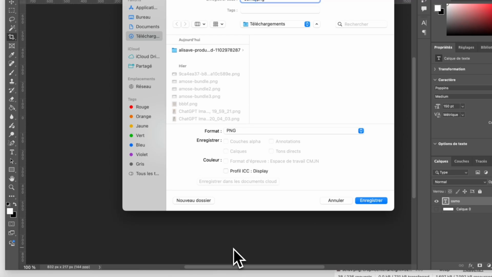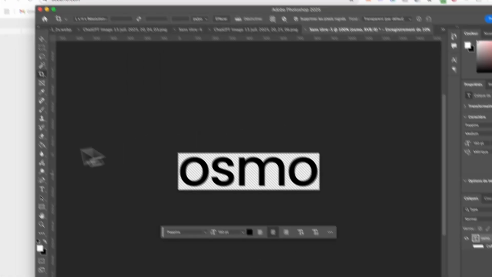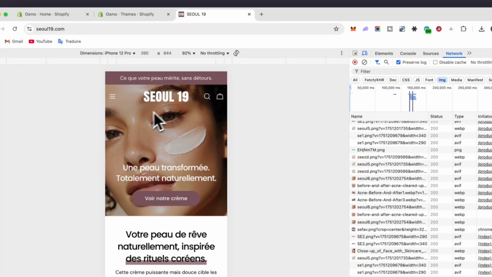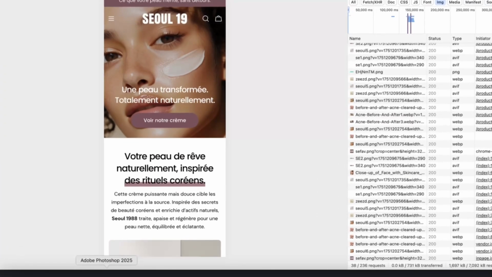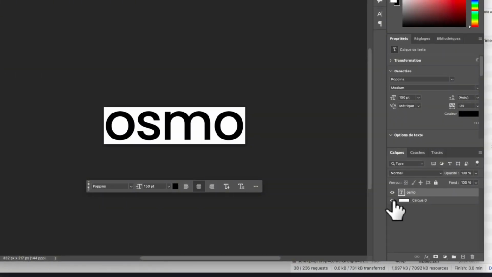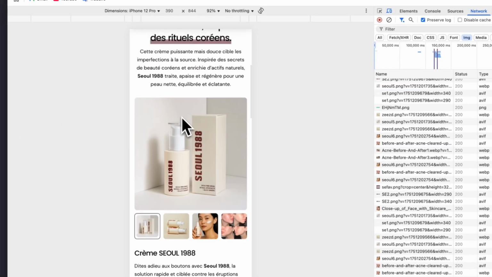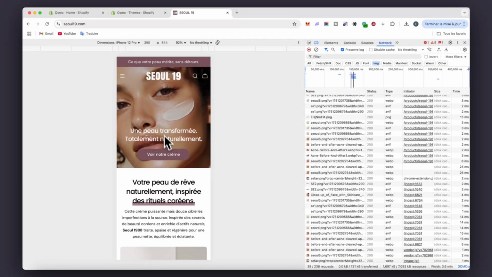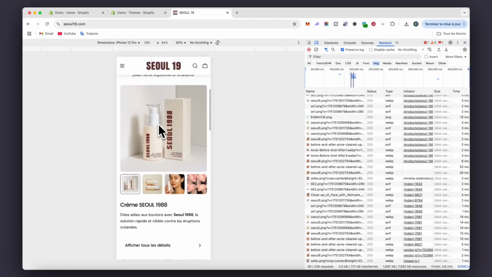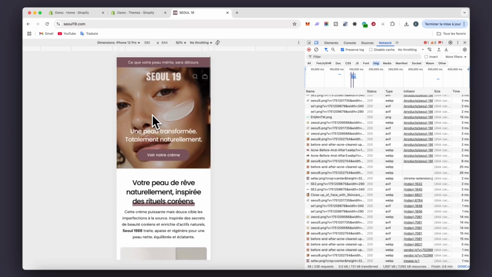And why we use a transparent background is because, imagine, for this part with the banner, we need a transparent background. Otherwise, you can put some background color, like white, but it really needs to fit with the background color of your store. And it will only work in this area, like that. It will not work in the transparent area, otherwise you will see the white block, and that's why we use transparent